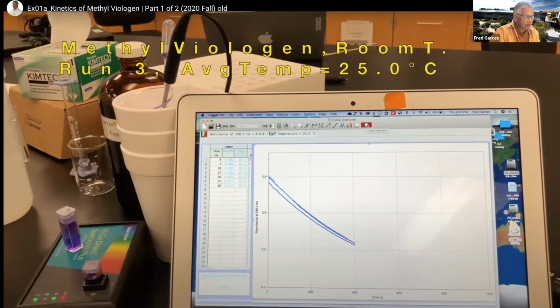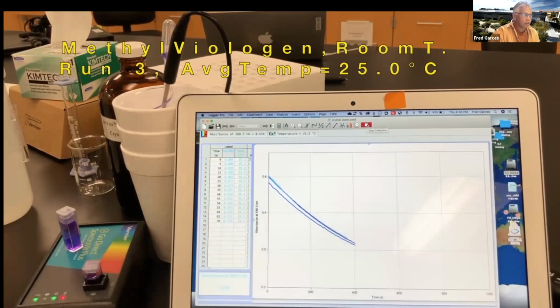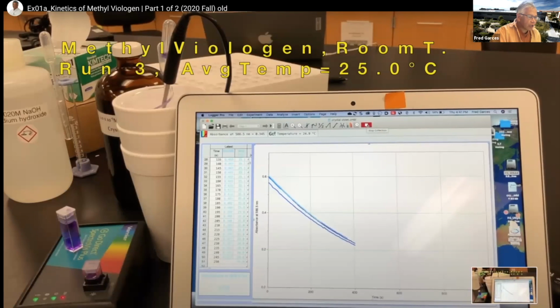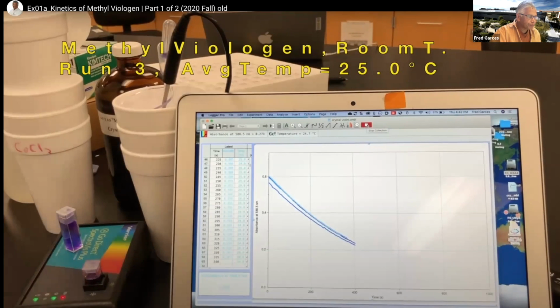And again, you can see right here, it's sitting on top of trial 1 and trial 2. So for room temperature, the data is pretty good. Trial 1, trial 2, trial 3, practically sitting right on top of each other. And of course, I will show you the